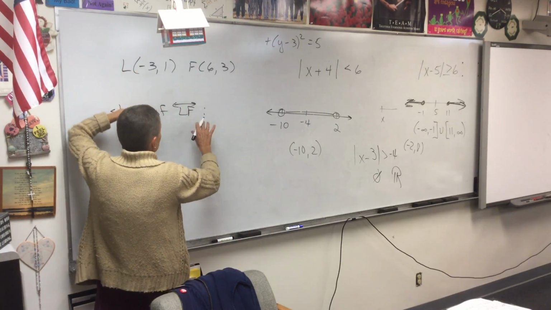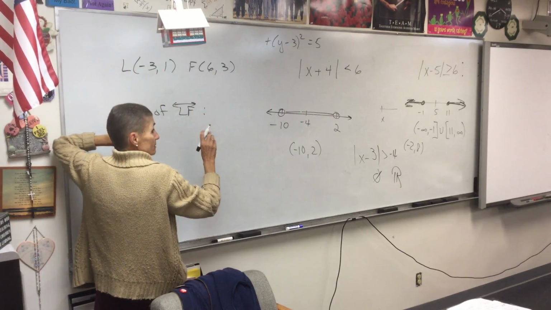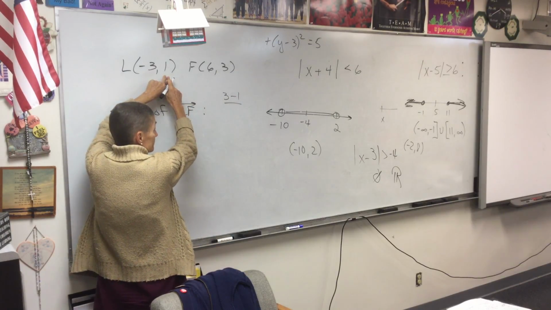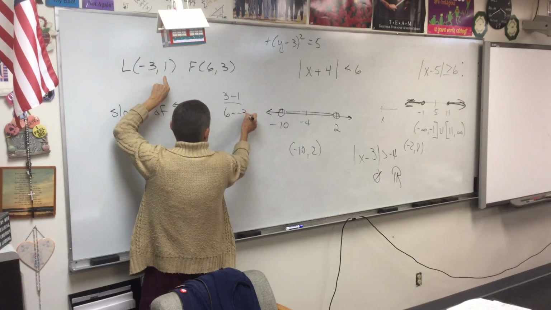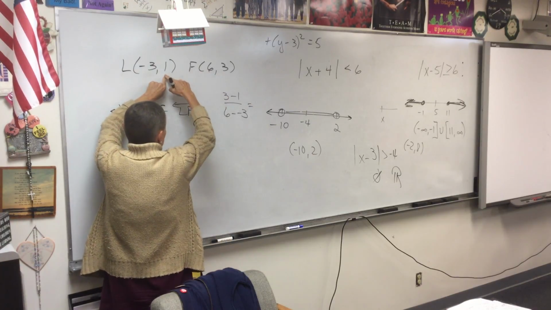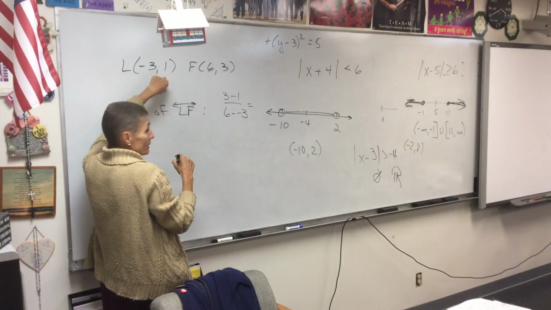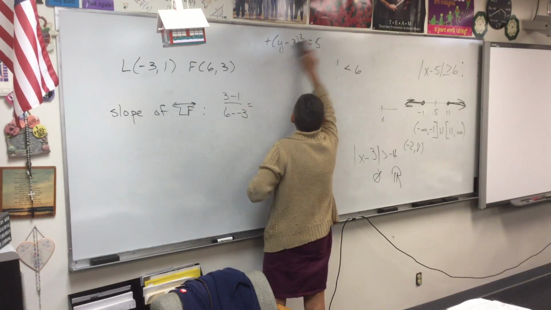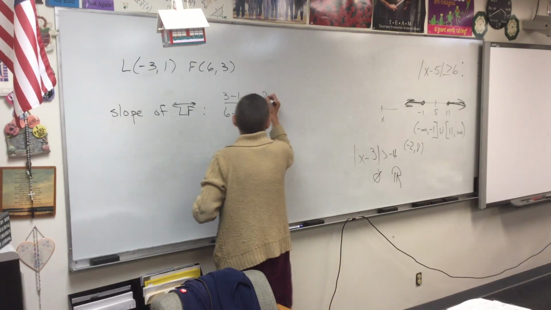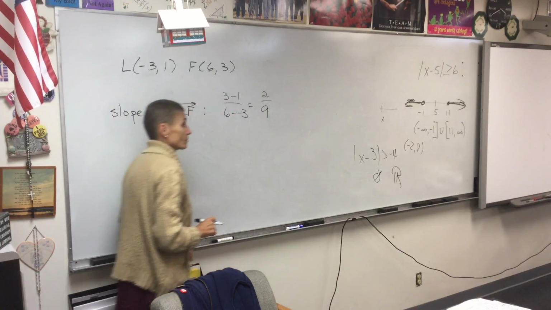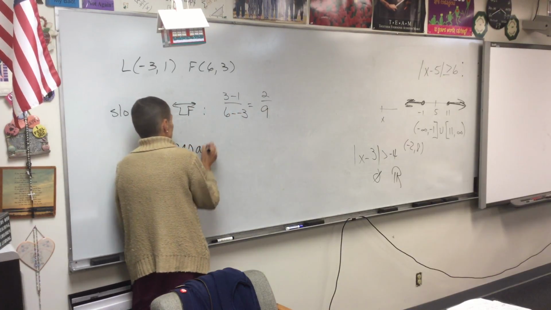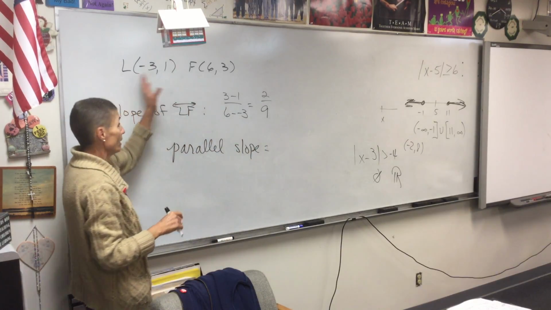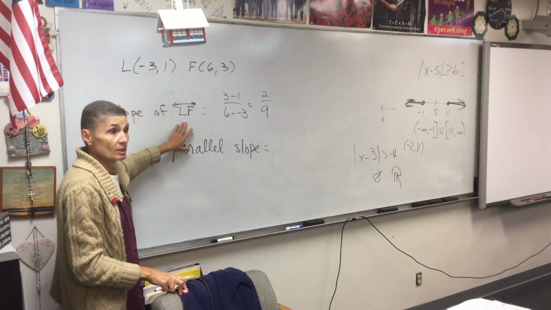Who remembers? Y over x. So we'll subtract our y's, 3 minus 1. Subtract our x's. So 3 minus 1 over 6 minus negative 3 gives me a slope of 2/9. Any line that is parallel to line LF will have a slope of